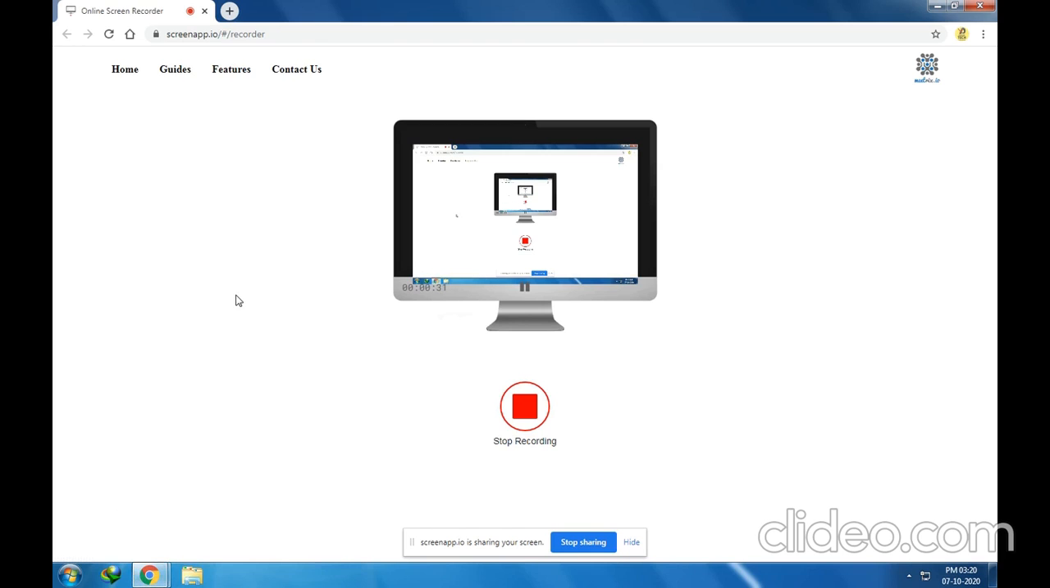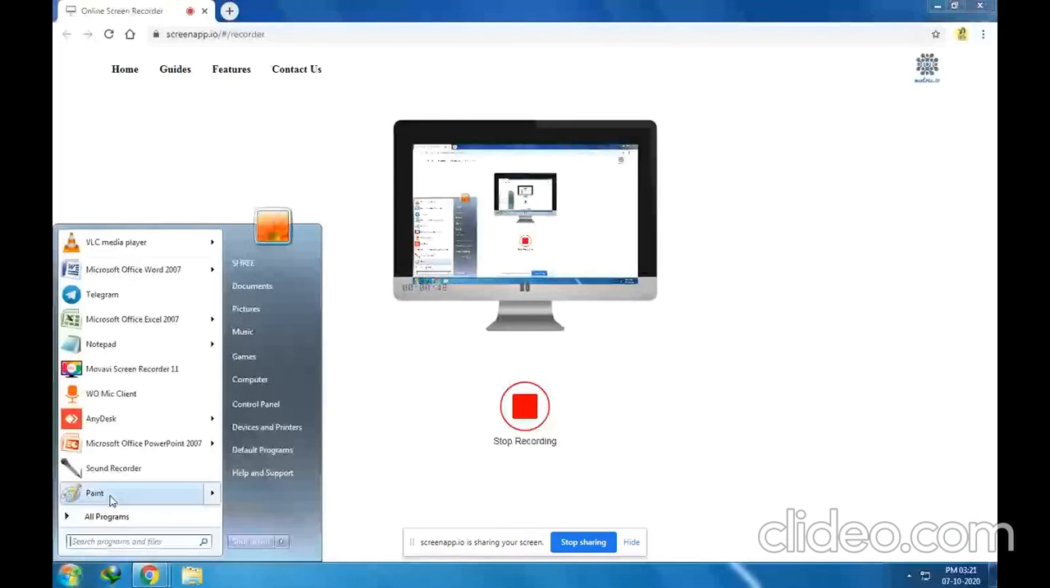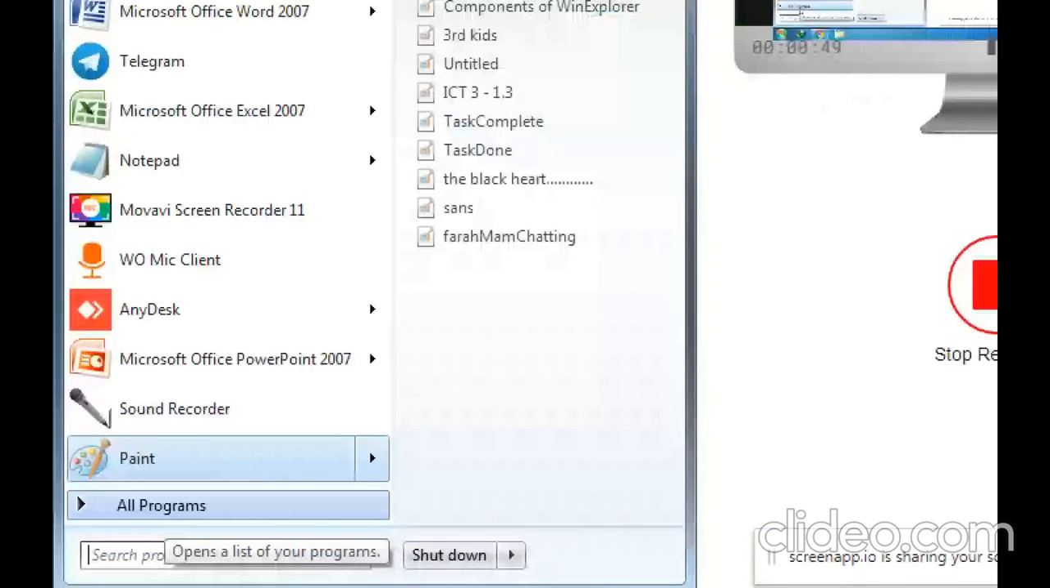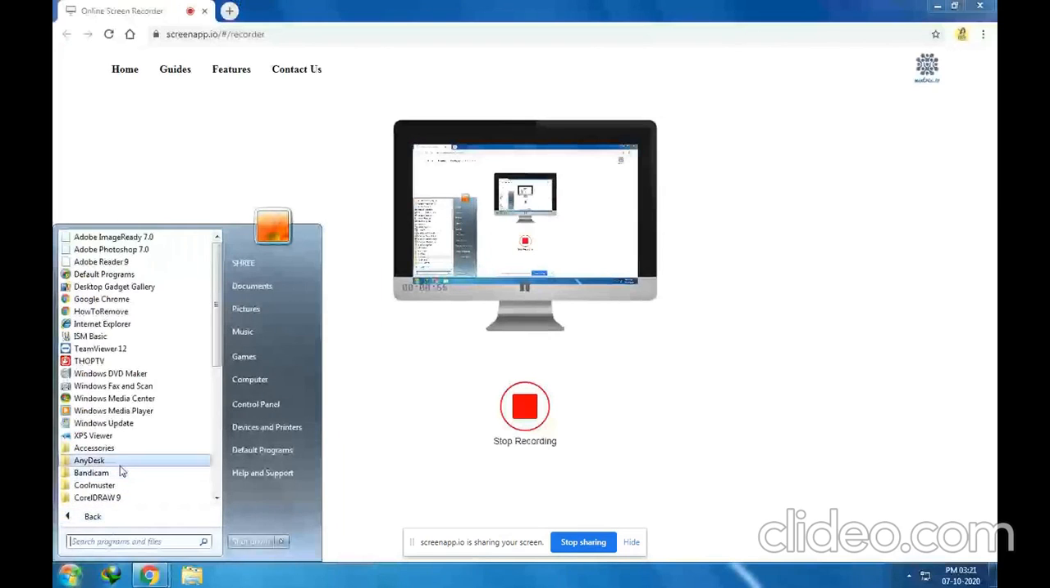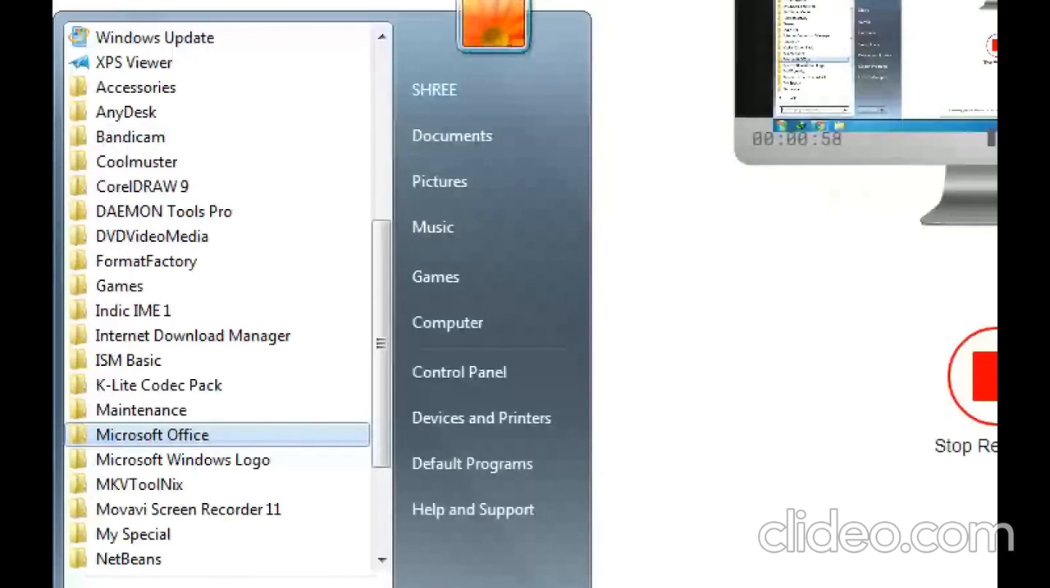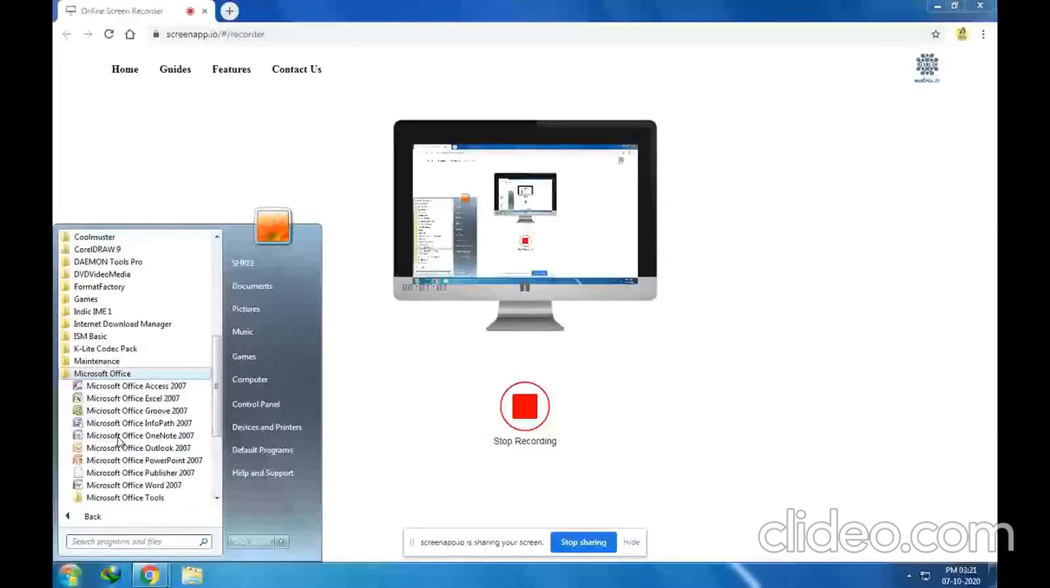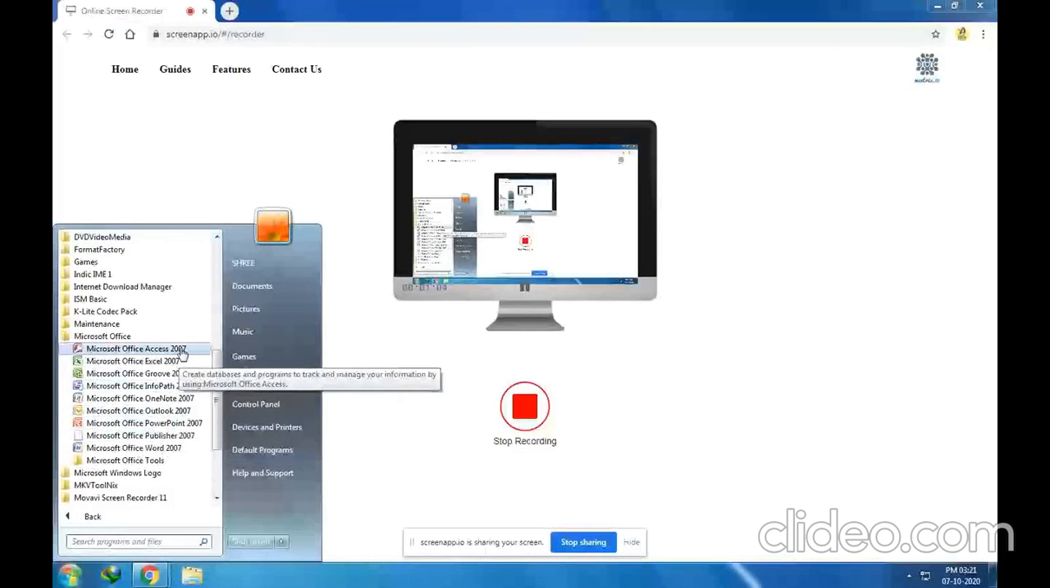First of all, let's see how to open Microsoft Access. You need to click on the start button as I have given the steps earlier. The start button is here at the left side of the screen, and then click on all programs. It is here, and then search for Microsoft Office. Okay, it is here. Click on it one time and then check for Microsoft Office Access